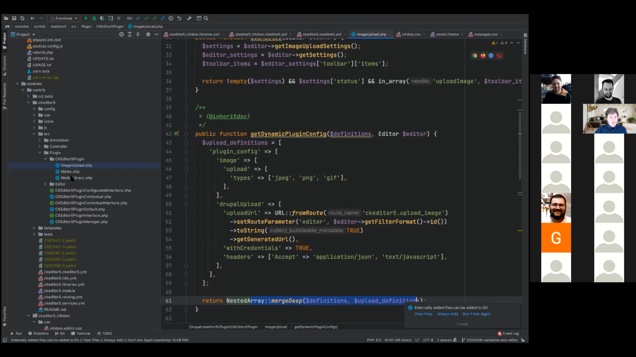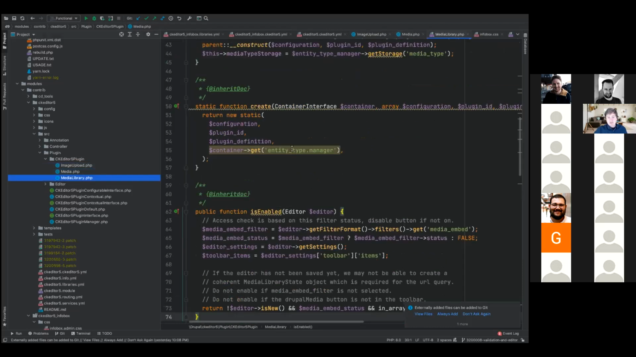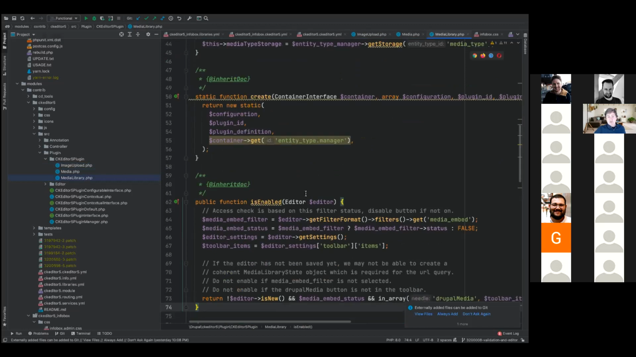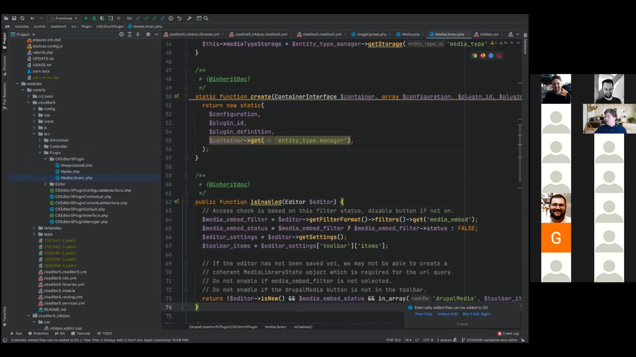Let's see. And so far we just have a few of these, like the media library, both have some validation and some dynamic values. But in general, if you're writing just a plain CKEditor 5 plugin, you can probably get away with just having a single YAML file. So I'm going to show, this is